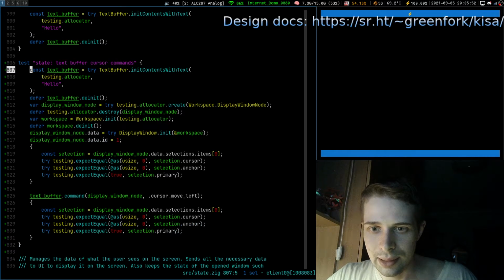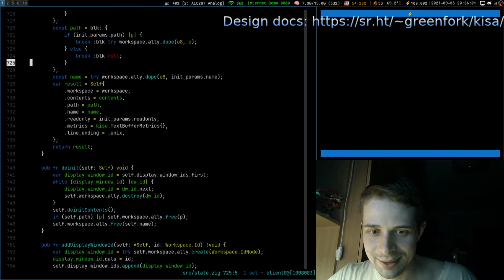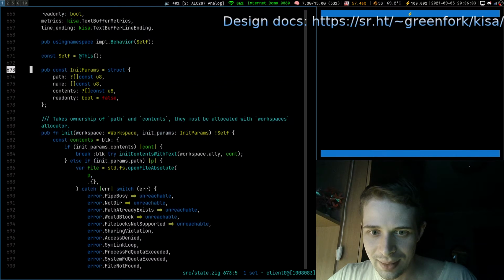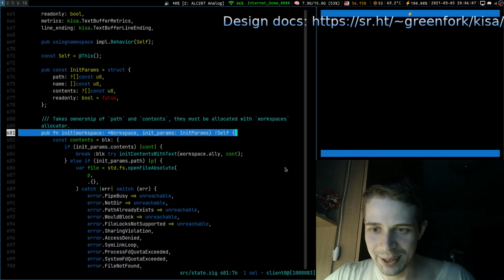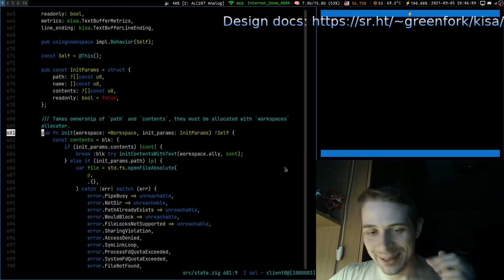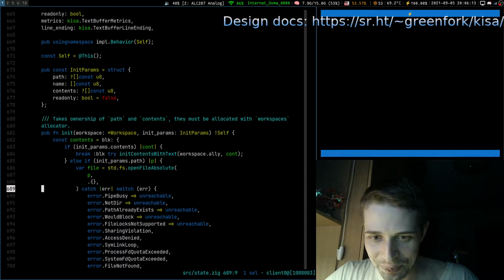Text buffer needs contents with text. It's probably not correct, is it? We should use this init. Okay. Yeah, it's fine. Nothing too worrisome.